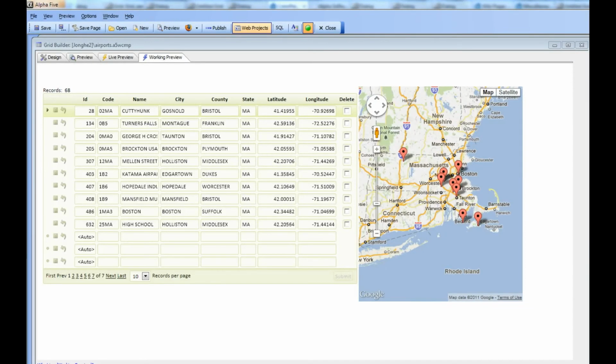In previous videos, we've shown how you can move the markers on the alternate view to update the latitude and longitude of the record that's associated with the marker. So you can see here we have our grid on the airports database. Right now we're filtered on airports in Massachusetts, and for each airport we have a marker displayed there, and you can see that if I move that marker, we update the corresponding latitude and longitude of